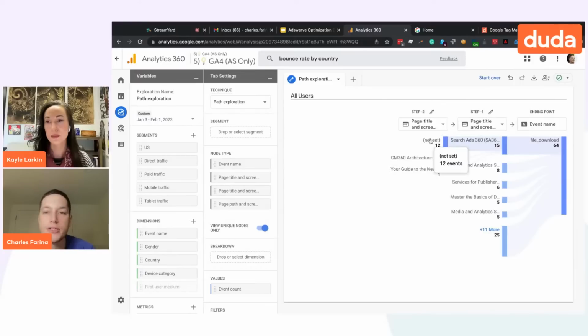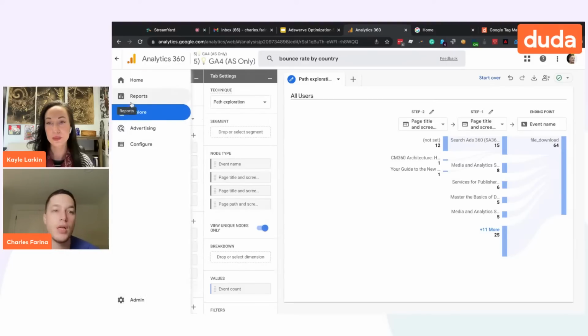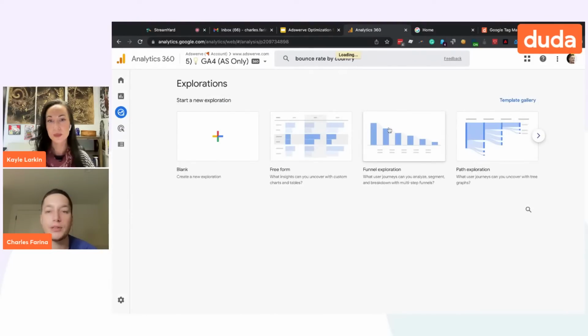And prior to the Search Ads 360, I can see what did this particular audience look at before. So for pathing, this is a huge addition to help you understand how users are flowing across your website. Additionally, to show you another example, if we go back to Explore and we click on the funnels, for the